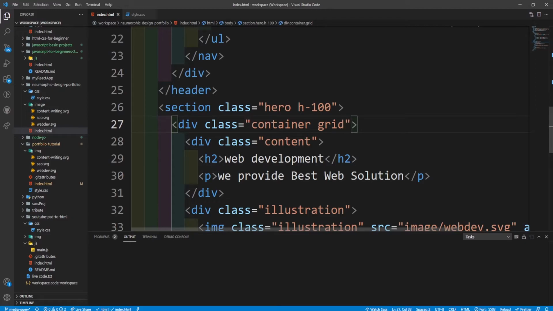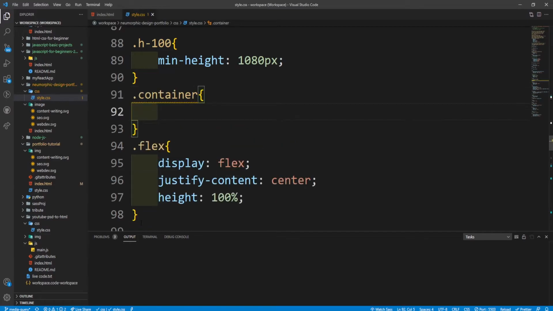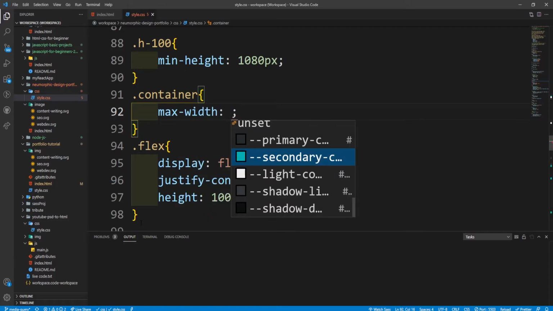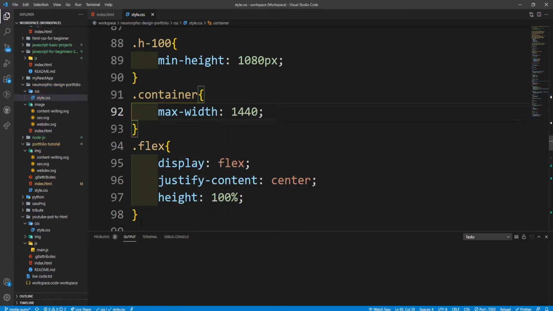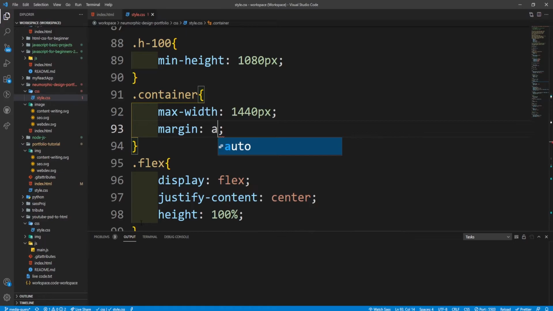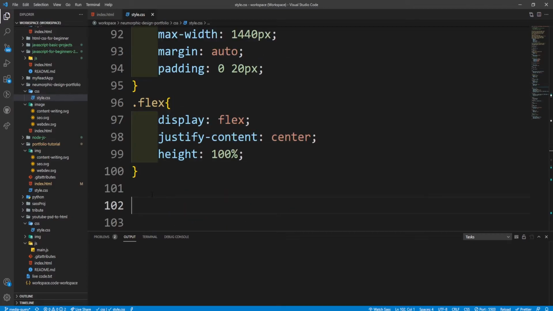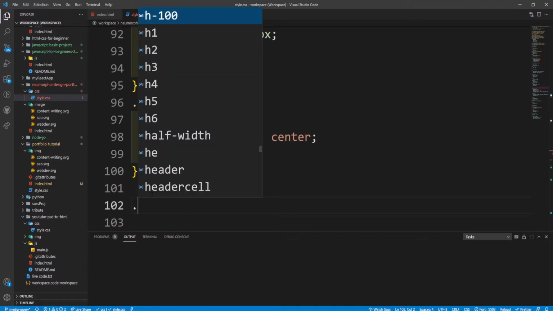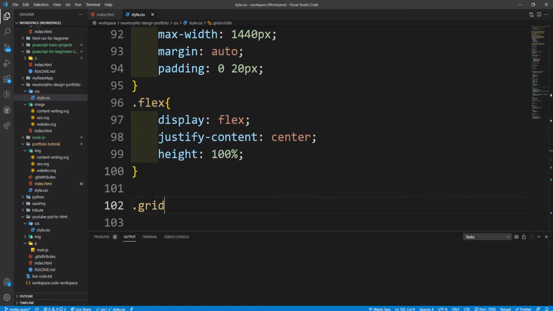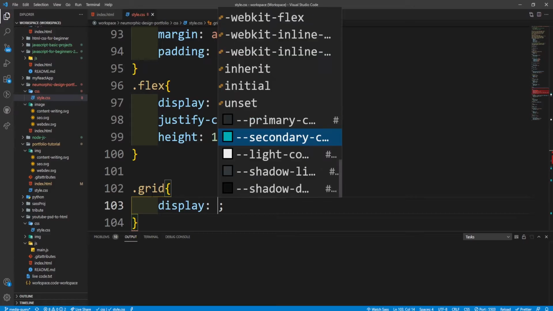Now we add the style to the container. Copy this container class and now in the container add max width 1440 pixel, margin auto, padding on top and bottom 0 and left right 20 pixel. Now add a property for grid class. So grid, it's similar to what we have done in the flex class. Just we are setting display grid,